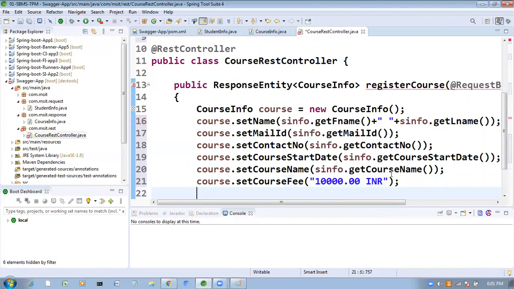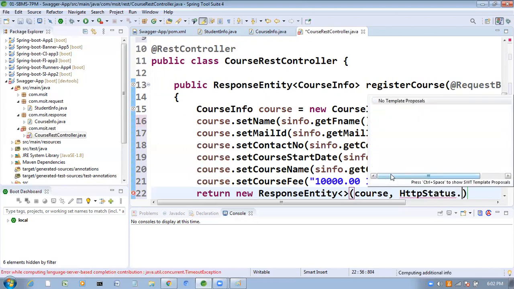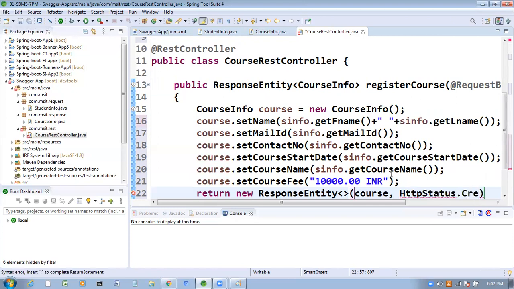Now finally I am going to return a new ResponseEntity with course comma, and the status code we need to return, HttpStatus.CREATED.